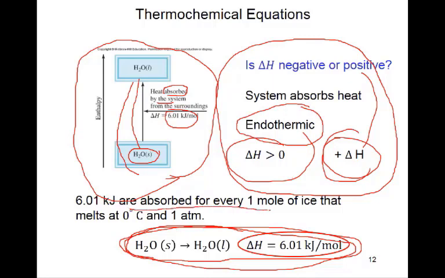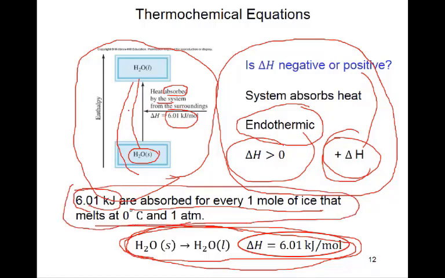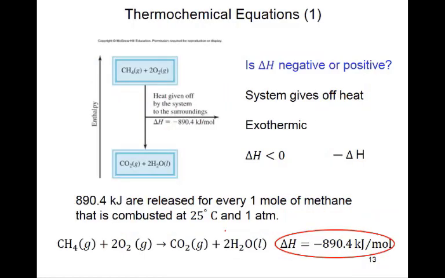And this is just the description here. Energy is absorbed by 1 mole of ice and changes into liquid at 0 degrees and 1 atmosphere, and this quantity of heat is required. So either you understand the description, or the graph, or the mathematics, or the chemistry method of writing the equation. All are the same thing. Another one, now it is an exothermic.